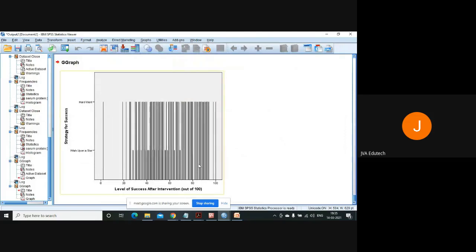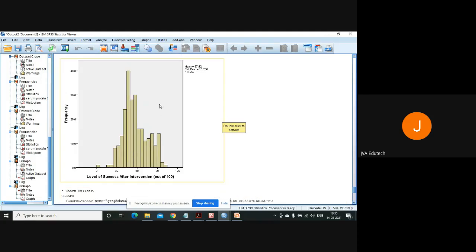You will find the histogram like this. Meaning who are the people who are wishing to be a star and who are the people who are hard workers. So if you just check this population pyramid,